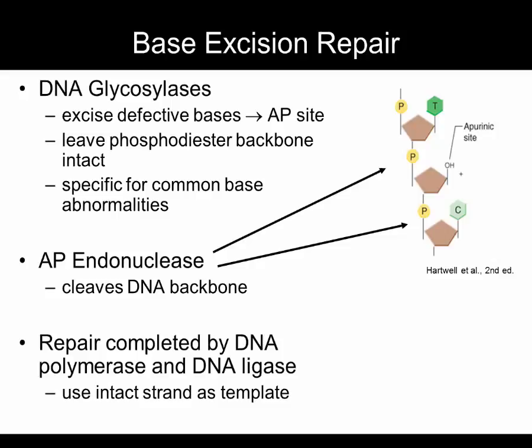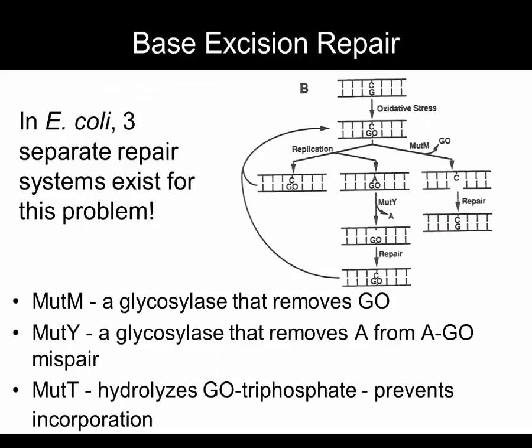A DNA polymerase adds in the correct nucleotide, and a ligase seals the backbone. In E. coli, there are 2 glycosylases just for dealing with the oxidative damage that gives rise to 8-oxo-G. One removes the 8-oxo-G base directly, but the other targets adenines that are mispaired with it. After all, if the 8-oxo-G is removed from that mispair, the polymerase will replace it with a thymine and not